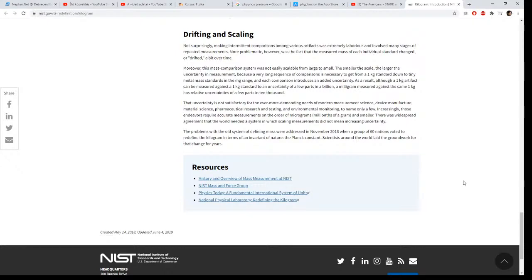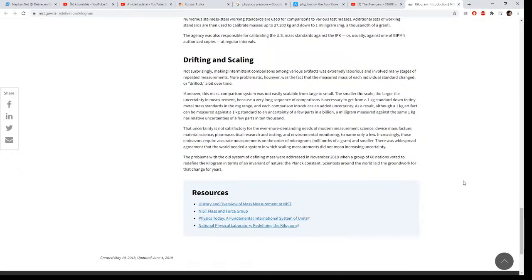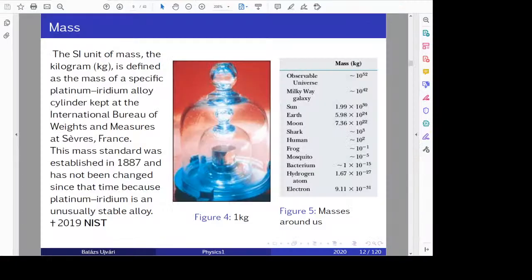and later they said right now it's better to fix it to a physical constant, which is the Planck constant. Also, in the case of